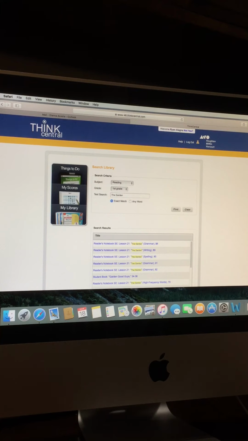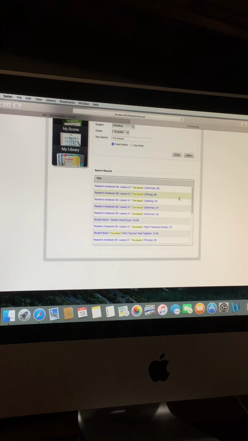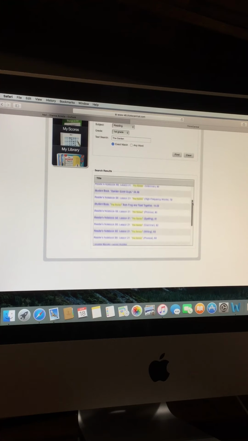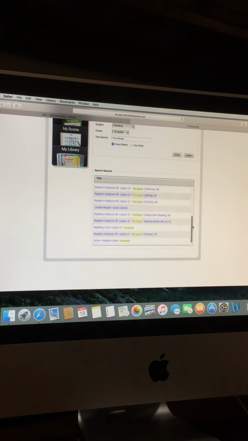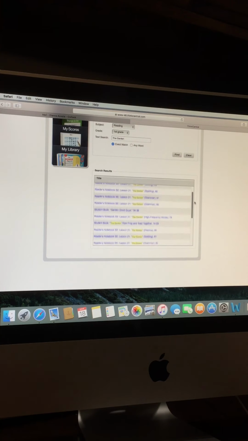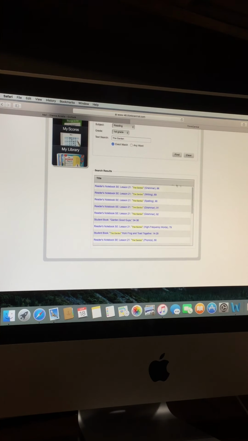When you click Find, it will show you the search results. And here you will actually find a mix of the Reader's Notebook pages, which is their consumables, their workbooks that they have at school. So you can actually access the stuff that they do within the classroom from home. But for right now, I want you to be able to access the story. So when you're going through the search results, you're going to find student book, The Garden, from Frog and Toad Together, and it'll give you the pages from their actual Journeys book where it starts and it ends. So you would click on that,